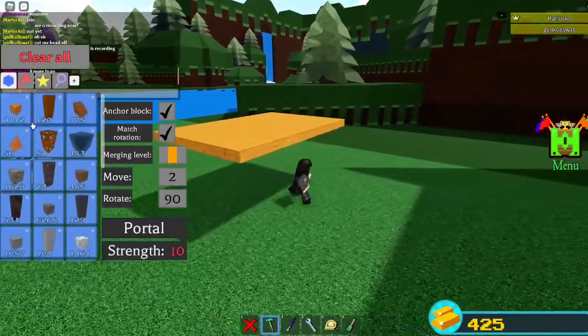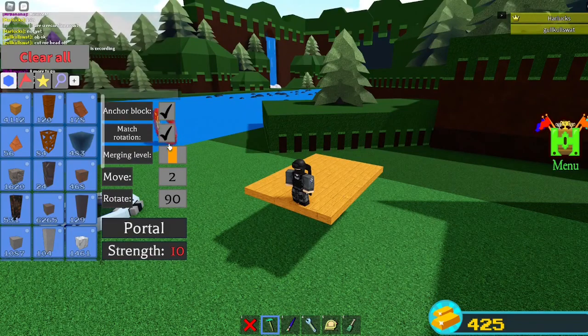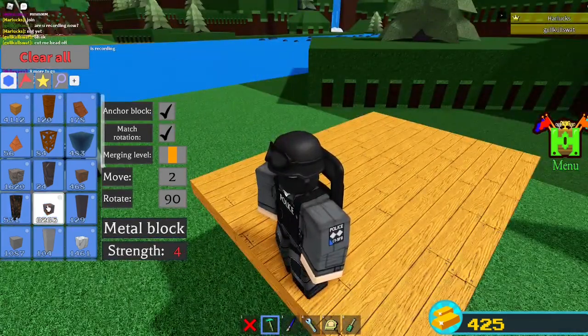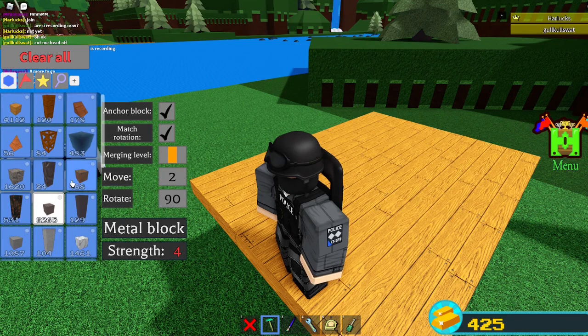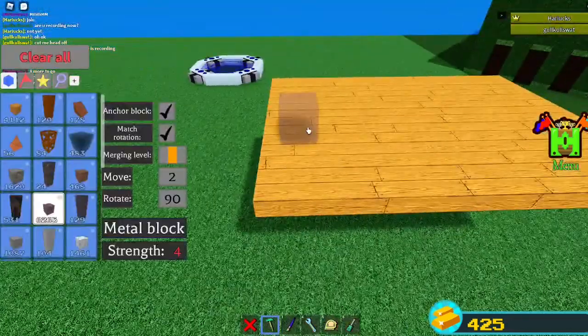Anyway, material-wise, what is the best material? Well, I haven't built the tracks with every material, so I honestly don't know. But what I have done before was with sand and metal. I had a better time with the metal, and I think you would too, because if you use plastic or something lighter, there's not really a lot of weight. It'll bounce around a lot more, I think. Well, anyway,